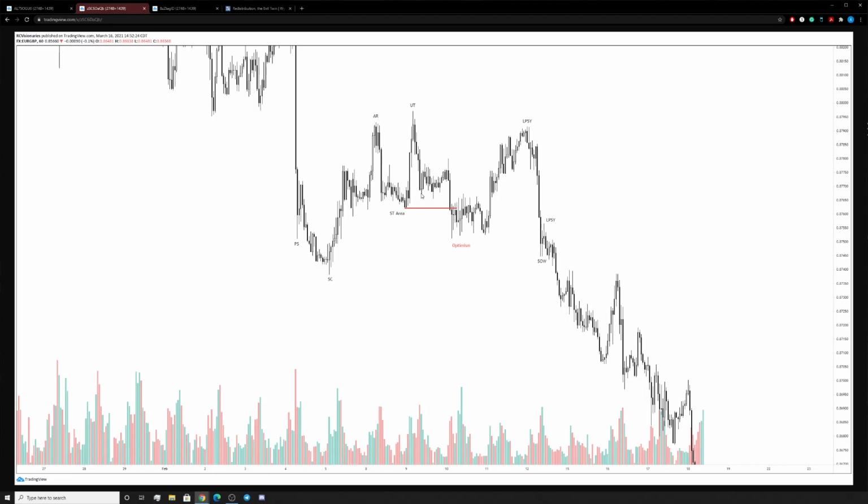But what happens? This low creates an unwillingness and then breaks structure, which is why I call it optimism, because it's giving me a hand to play off of. So even if we don't react immediately from the continuation here, we still know that we have our leg intact from here to here. So we inevitably come back high, low, retracement, came back to mitigate this area here, and that ends up with your LPSY, which leads to our SOW